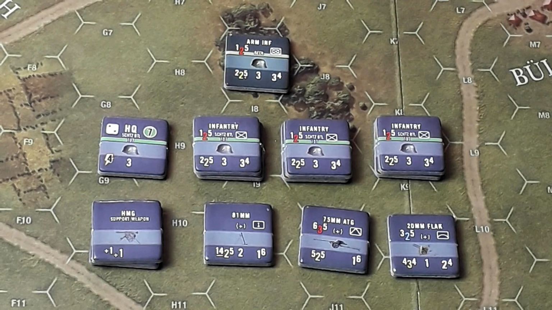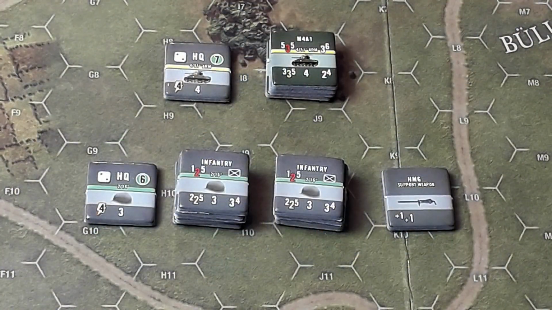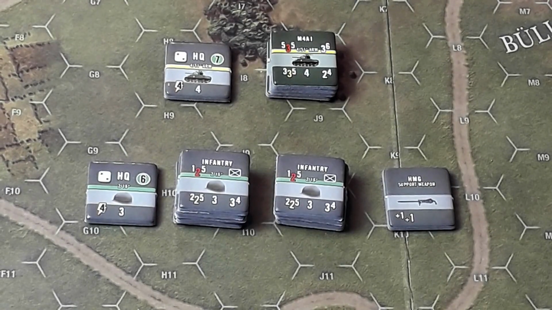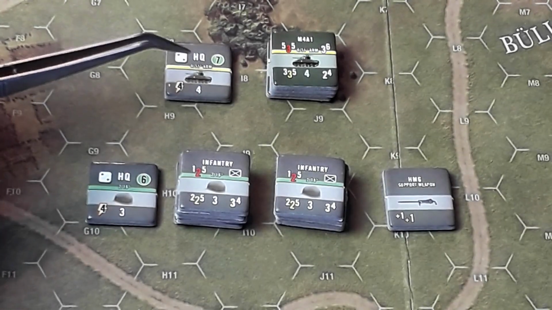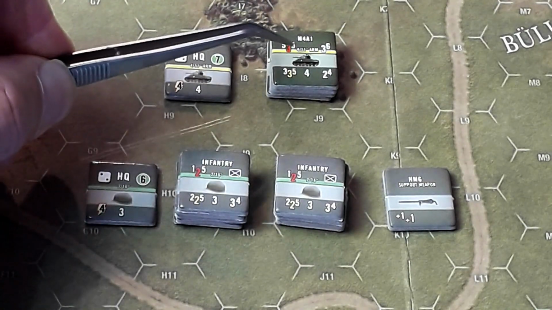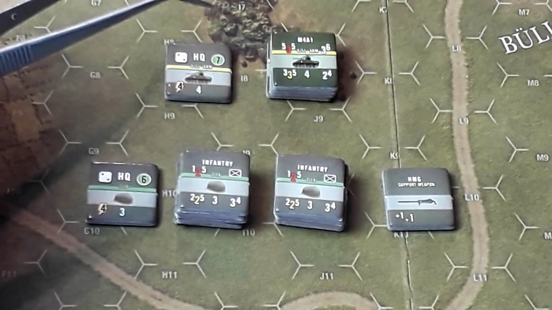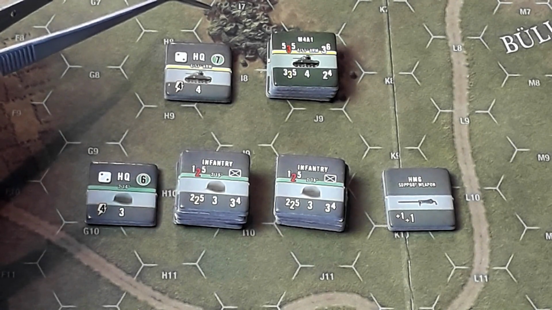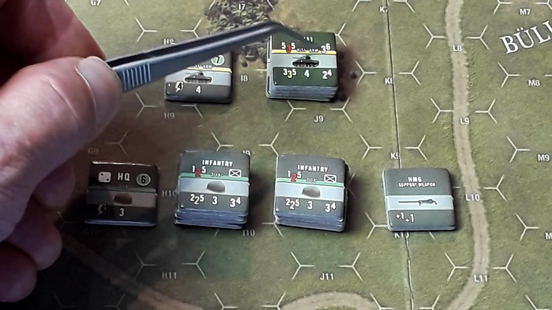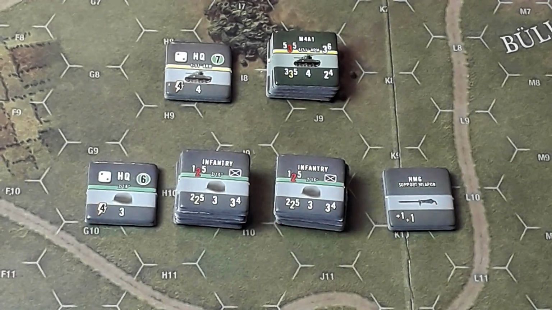Quick look at the old Americans. Here's the American formations used in this scenario. Here's elements of the 451st Armoured. So there's the HQ in charge, if you like, of these M4A1s. And there's the sort of save die rolls that I was telling you about,